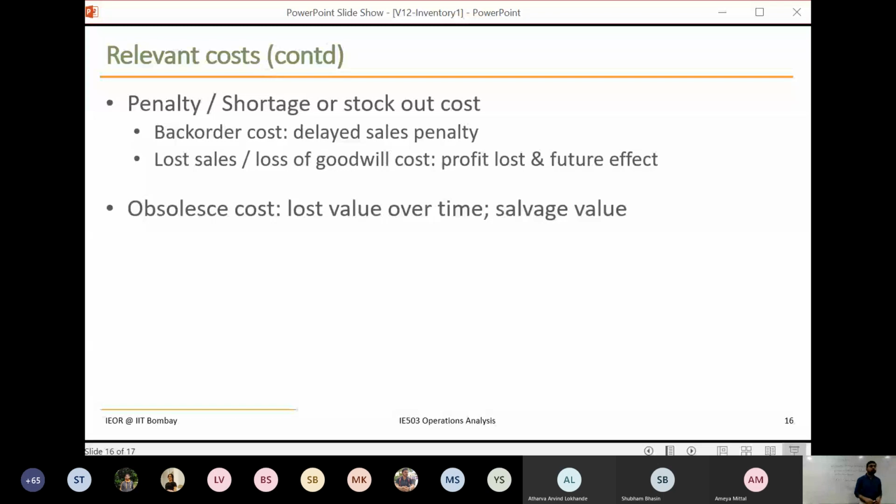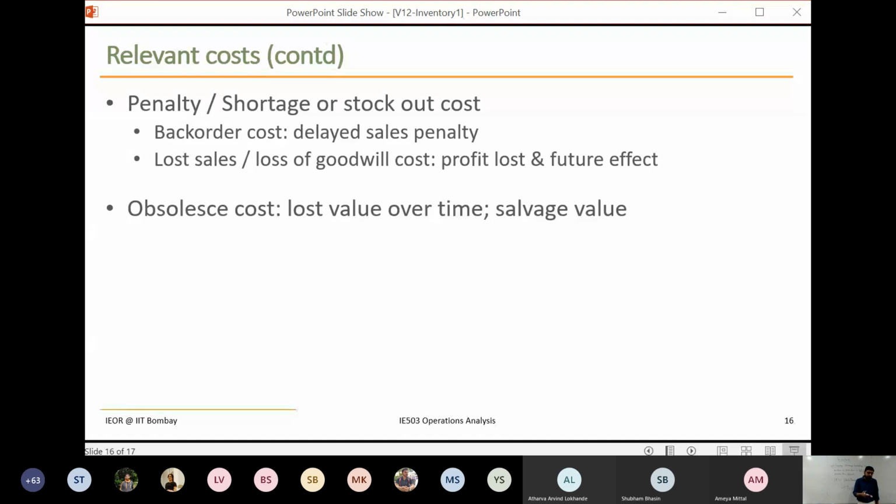It is called penalty or shortage or stockout cost. That is a little difficult to calculate. As I told you, you go to the shop and ask for 10 packets of milk, and the shopkeeper has only 5. So he has lost the business of selling an additional 5 units of milk. Just keeping track of it, one-off, he can maybe remember in his head. But many times the customer may not ask; he may just look at the shelf, find only 5 packets and take 5. You may not even know what the true demand is. So in that sense, shortage penalty is slightly more difficult.